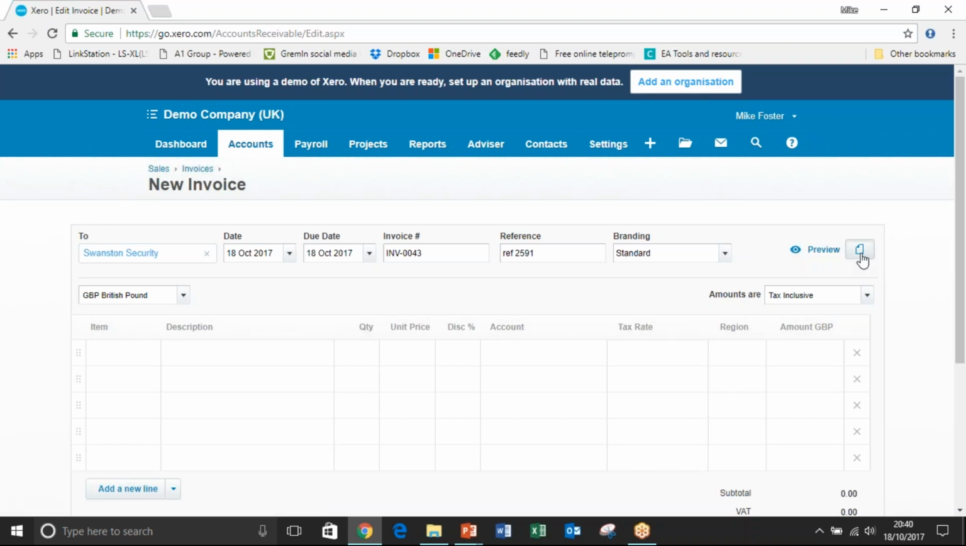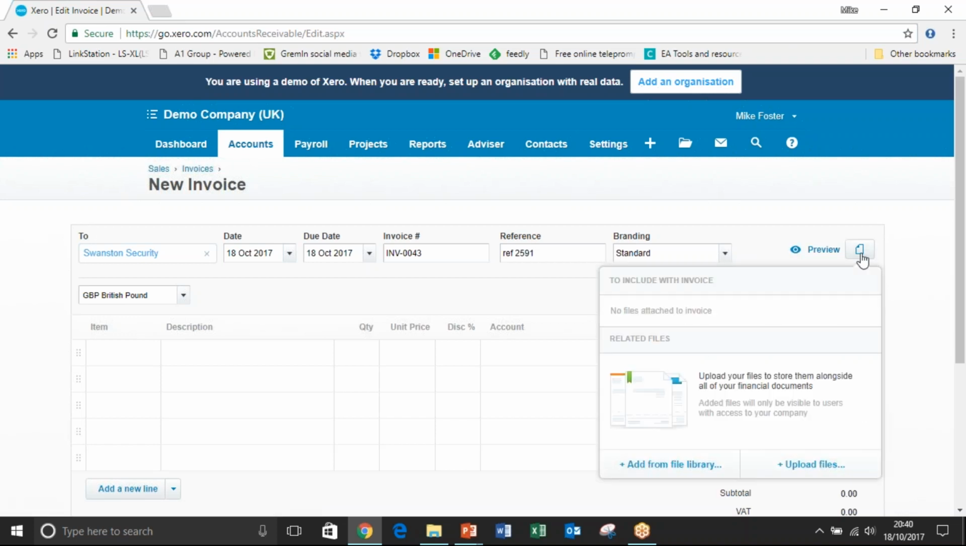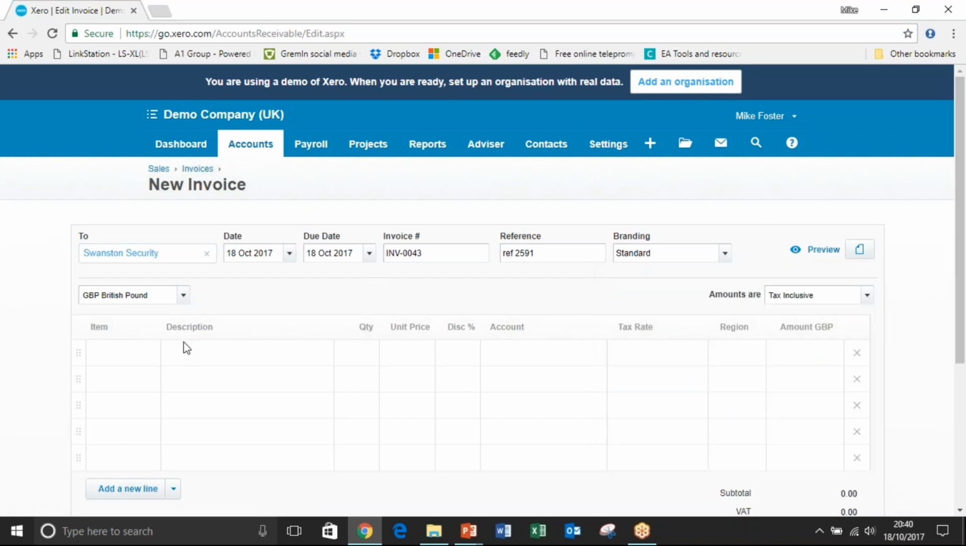You can, if you want, click on this button, and if you've got some paperwork behind that, it may be a delivery note, for example, or an order, you can pull that in from your library of information, or you can drag and drop into this box to upload that information. What you would continue to do is then add the information. It might be a description, whatever that